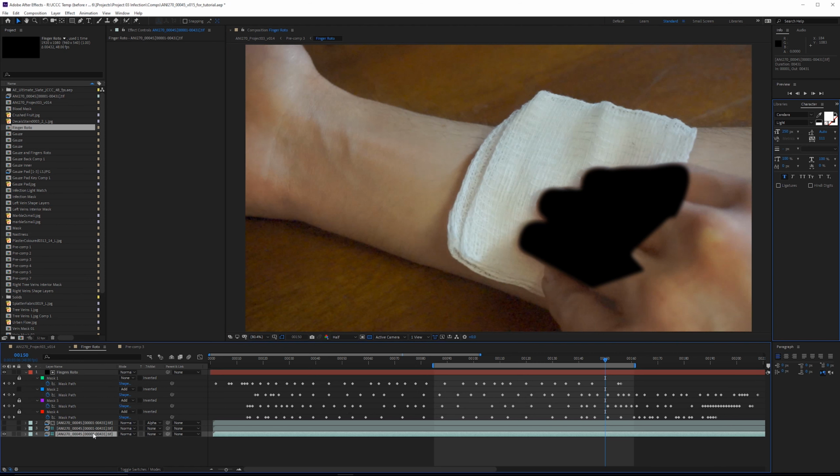So let's come down here to the plate, press P for position, hold down Alt and click the stopwatch. The expression is quite simple. You simply open up a bracket and then type in the center points. In this case, this is 1920 by 1080, so half the width is going to be 960, half the height is going to be 540. If these are centered, all you have to do is type in those numbers. So you do 960, comma, 540, and then close the bracket, and now it's going to be locked to this position.